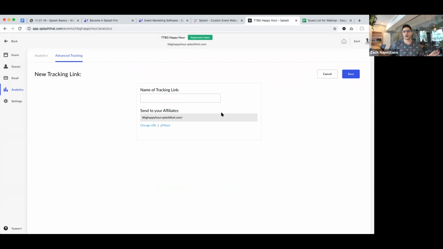Now, for our audience, the more common use case is to give this to different relationship owners or to use these links on social media. But if you're promoting your events on other Splash pages, you can create a tracking link, put it on that Splash page as a link, and you will be able to see the traffic that's being generated. Pretty remarkable.